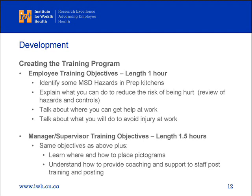So who should they go talk to? What are their company procedures? And we had them make a sort of action plan about what they would do personally to avoid injury at work. We added on a half-hour session, so the supervisors also got the employee session, but then